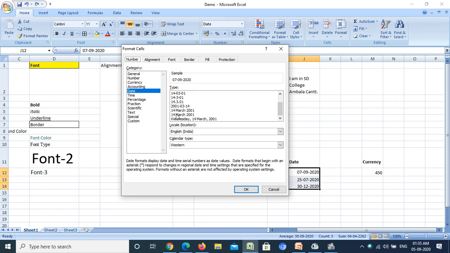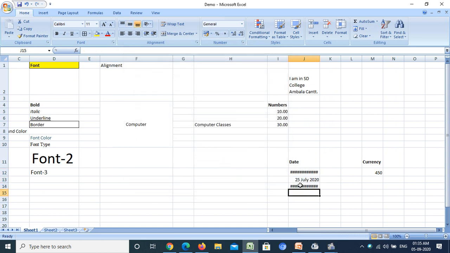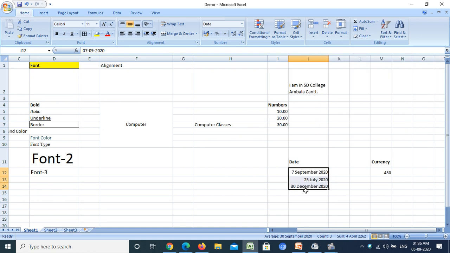Suppose I'm going to click this option, then I have to click OK. Now see, this hash indicates that the width of this particular J column is not appropriate for the date format. You can increase the width of the cell like this. Now see, the format of the date changes.